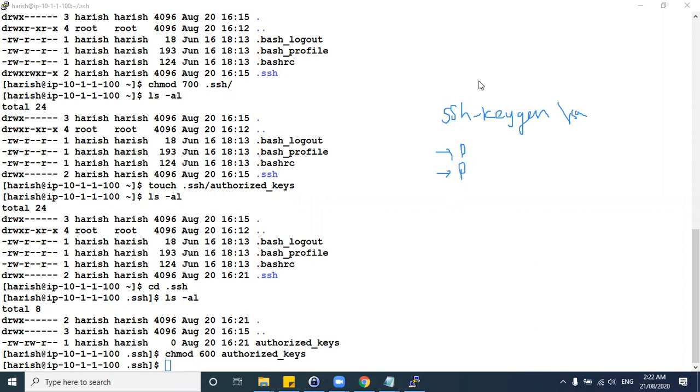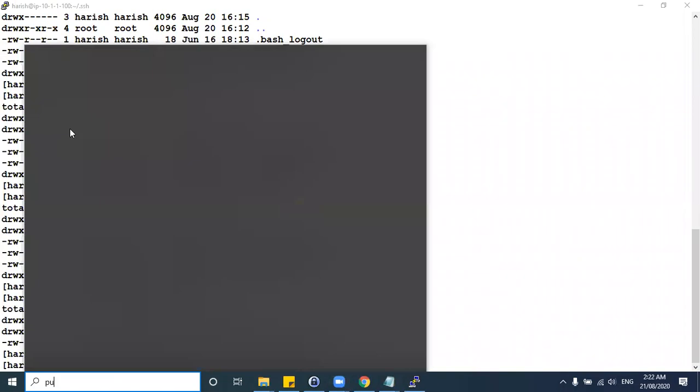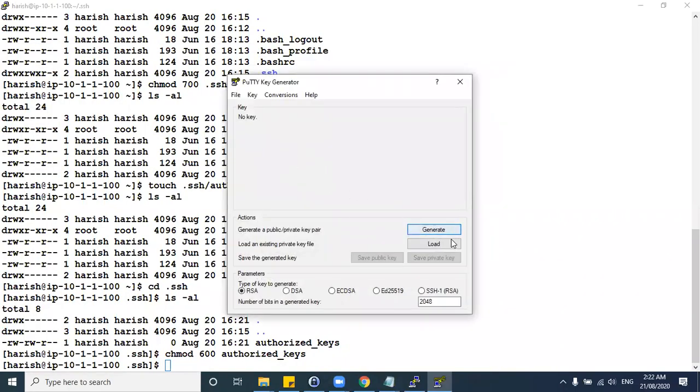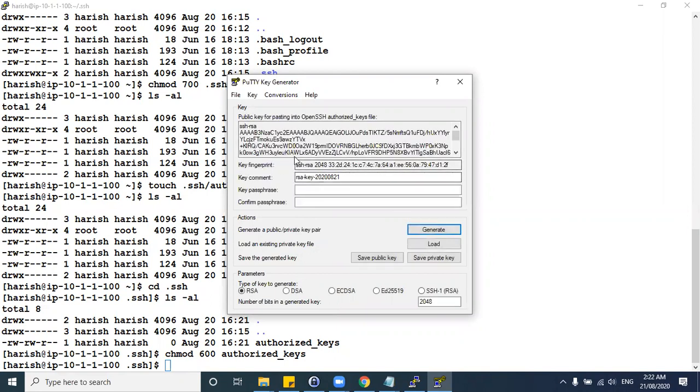Otherwise, the best and simplest way is, if you have installed PuttyGen on your Windows machine, open PuttyGen. You have a Generate button here. Click it. If the progress bar is not moving, make sure you move your cursor in this area.